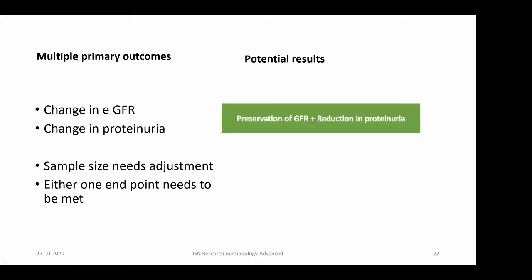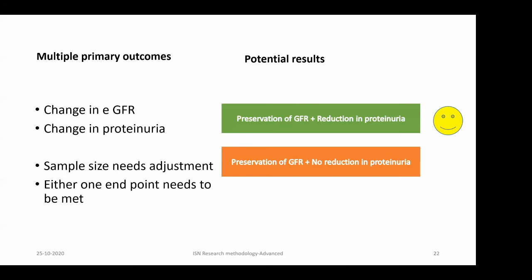So at the end of the study, I am noticing that the drug shows preservation of GFR and it reduces the proteinuria. Well and good, perfect, okay? So the other potential situation is it shows preservation of GFR, no reduction in proteinuria. I'm a little concerned, but still we know that what is more important is preservation of GFR. If at the end of 18 months, a drug does not reduce proteinuria, but it preserves GFR, still it is worthwhile proceeding with that drug.